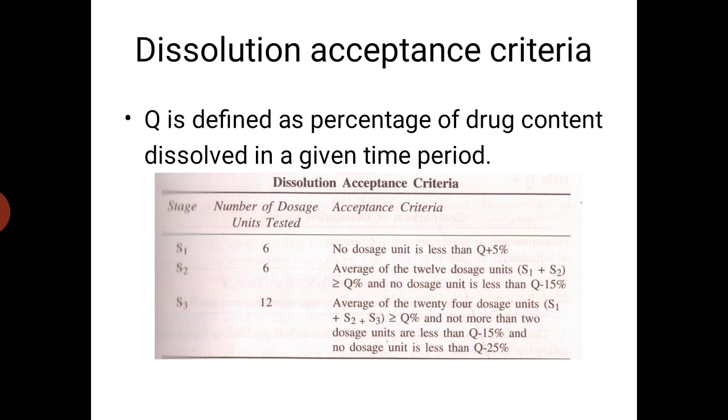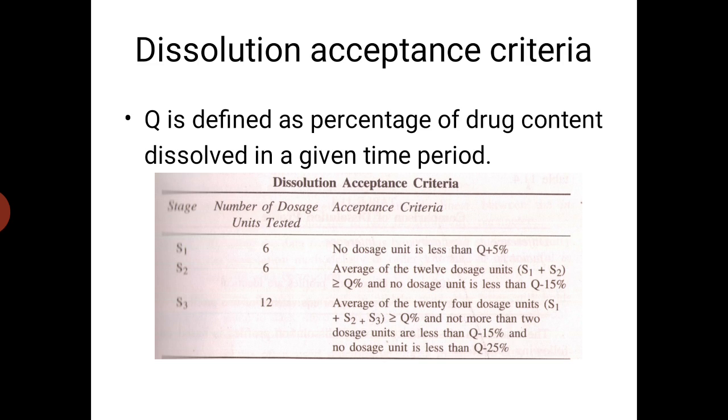Now the acceptance criteria for the 3 stages are different. In the first stage, what is the acceptance criteria? No dosage unit should be less than Q plus 5. That means if the Q value is 80% in 30 minutes, no unit should be less than Q plus 5. That means all the 6 tablets must dissolve 85% in 30 minutes. Q value is 80%, and Q plus 5 means 80 plus 5, 85. So at the 30th minute, all the 6 units